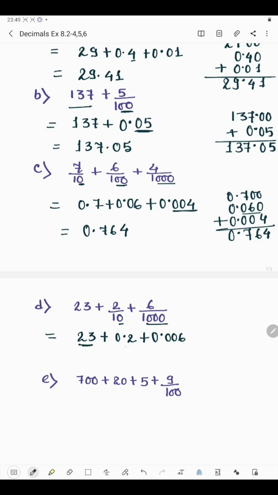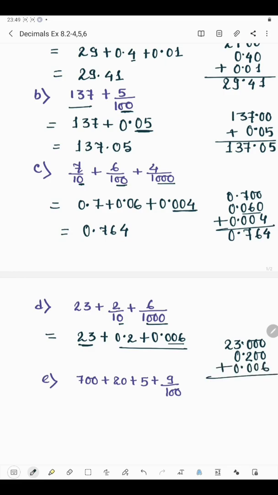Now this is a whole number and these all are decimal numbers. Now how to write the whole number in decimal form? Here we have a maximum of 3 digits after the decimal, so after 23 we'll put 3 more zeros. Okay, now here after 0.1, in the next decimal number we have only 1 digit after the decimal, so we'll put 2 more zeros to make it like the other decimals. Okay, now lastly we have 0.006.